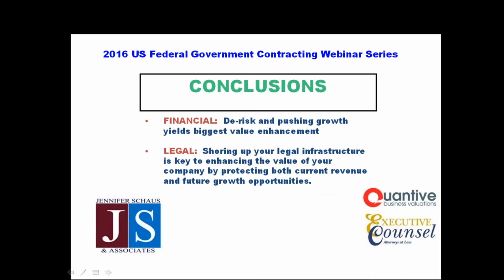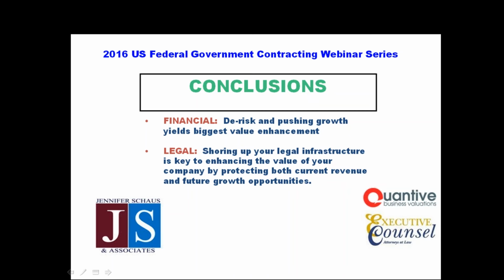Just a couple of conclusions. From the financial standpoint, it's most important to address risk in your enterprise and to do whatever you can to eliminate that risk and make it possible to push your growth yields so that they give you the biggest value enhancement. And from the legal standpoint, the critical things are to make sure that you have your legal infrastructure in